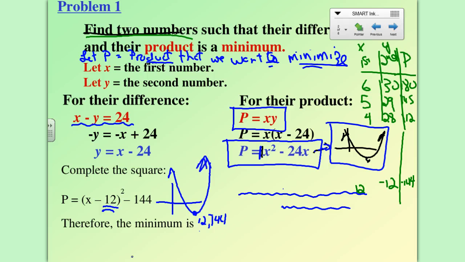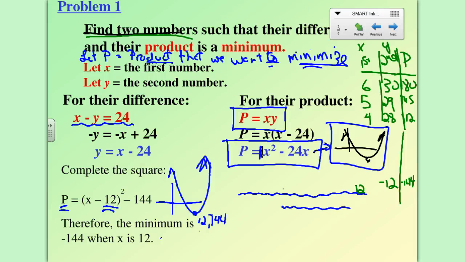This parabola has a minimum value. That's why defining our variables was so important. This parabola has a minimum value of negative 144 when x is 12. But when you drew this little sketch, and I'm going to ask these gentlemen with me,